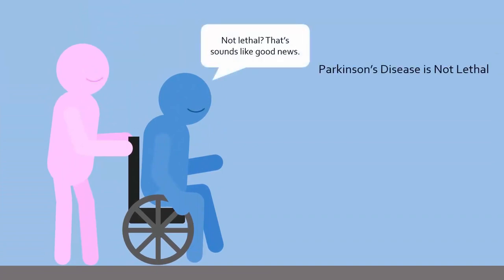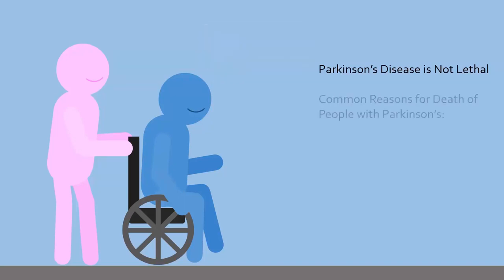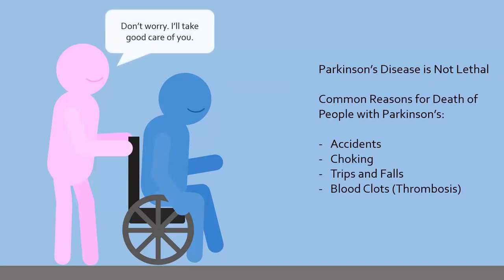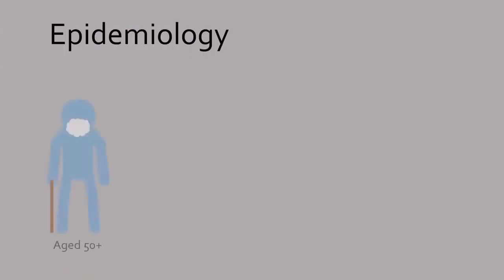However, Parkinson's disease itself is not lethal. Lack of dopamine will not directly kill you. Instead, most patients will die from accidents caused by the symptoms, such as choking or falling, or blood clots from the lack of movement. With proper and loving care, these risks can be avoided and people with Parkinson's can have a normal life expectancy. Parkinson's mostly affects the elderly aged 50 or older, with approximately 1% of all seniors having